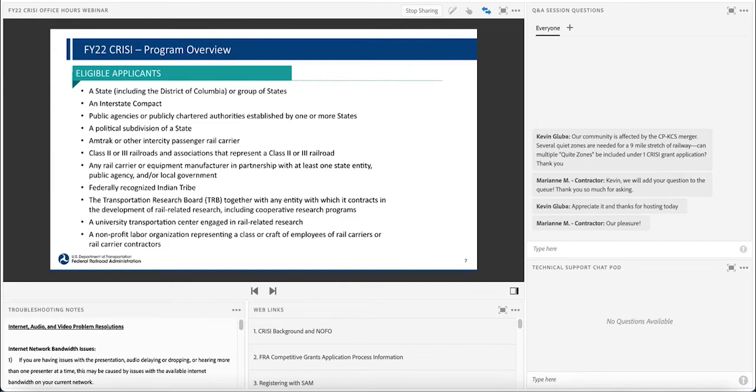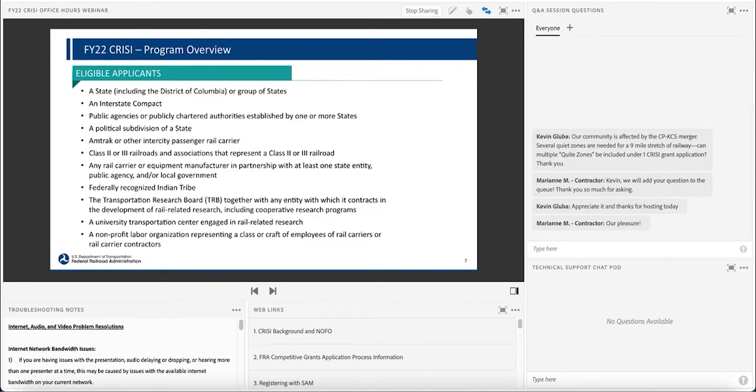It includes states, including DC, or groups of states, interstate compacts, public agencies or publicly chartered authorities established by one or more states, a political subdivision of a state, Amtrak or other intercity passenger rail carriers, Class 2 or 3 railroads and associations that represent them, any rail carrier or equipment manufacturer in partnership with at least one state entity, public agency, and/or local government,